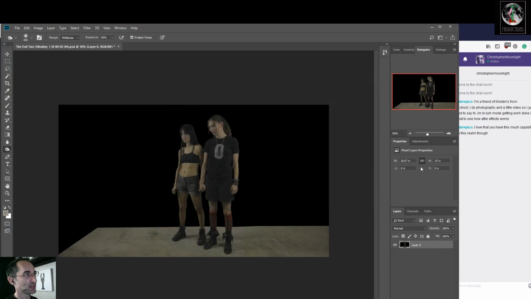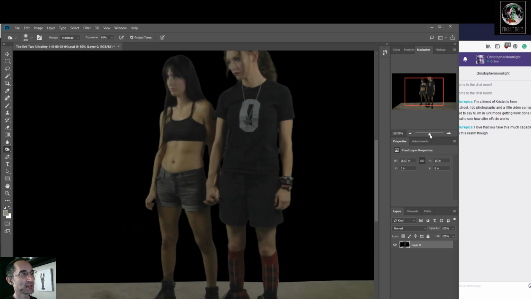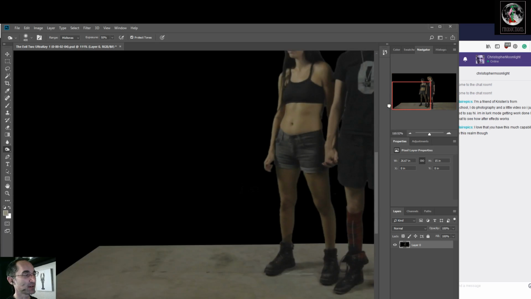Yes, very nice. Alright, so what we want to do here is we want to come in and we want to create a background around them, and we want to extend this set. We're going to work in other layers, so we're going to start with some simple stuff and just get the cloning tool. In a separate layer, we're going to build this, extend this out.